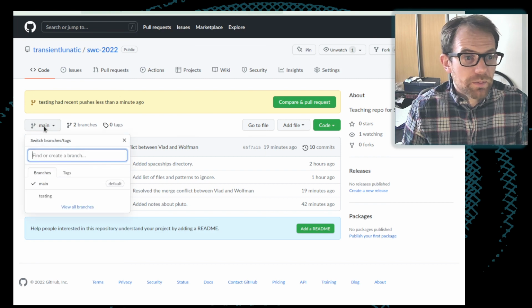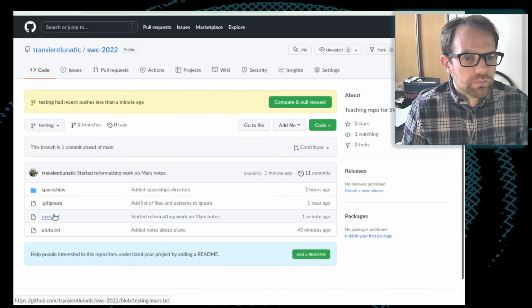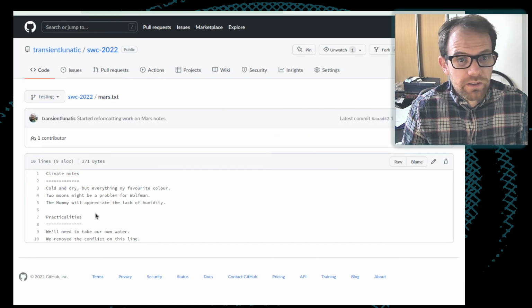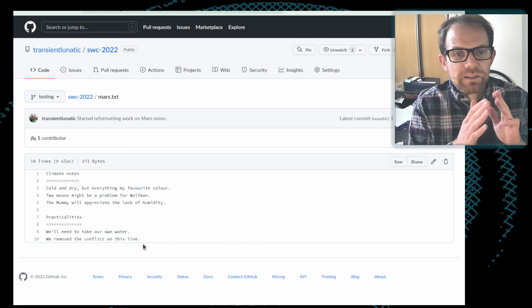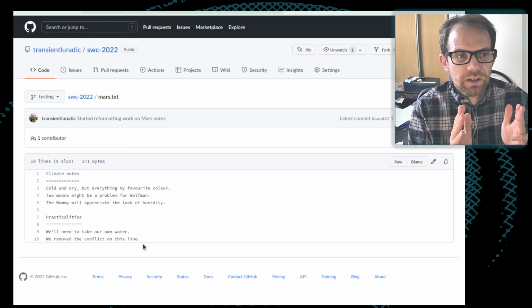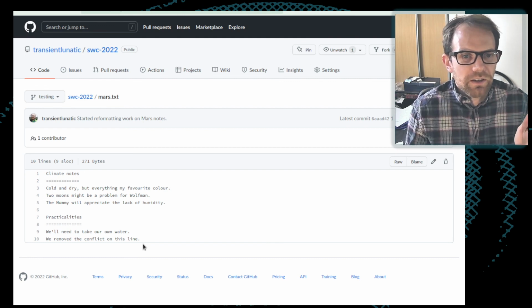But we can also change this to testing. Go have a look at Mars, and we can see that this is the version which we've now got. So the branch approach is good because it allows us to have this semi-independent thing which we can then merge in later.